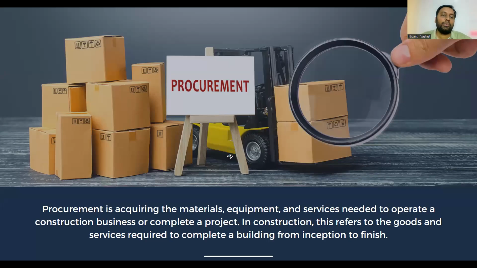In this video, we are going to be talking about the procurement process and what are the documents that will come in the procurement process. So what is procurement? In simple words, it is all about acquiring or purchasing the materials, equipments, items or services required for the completion